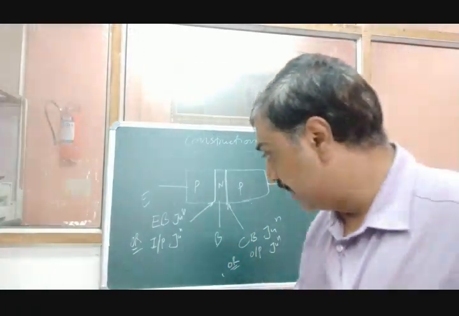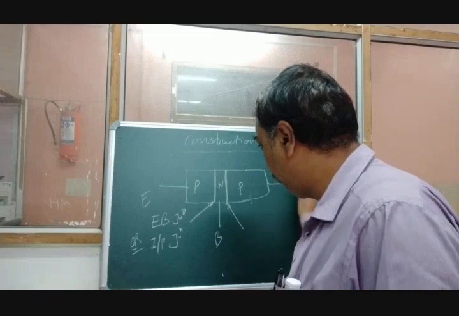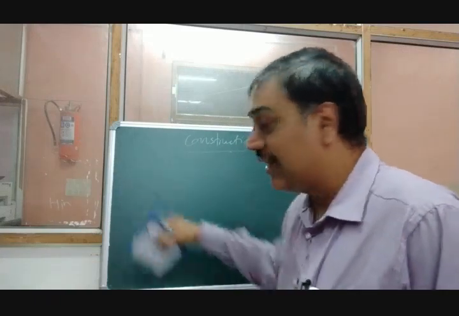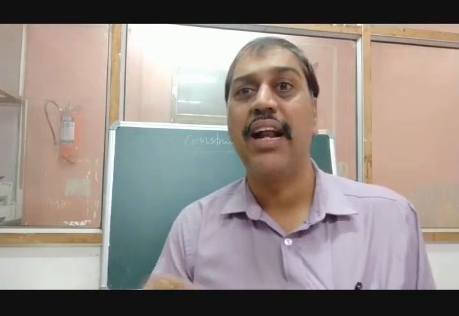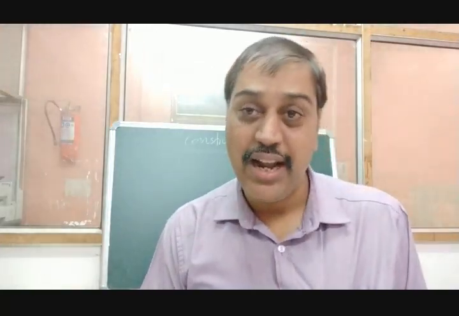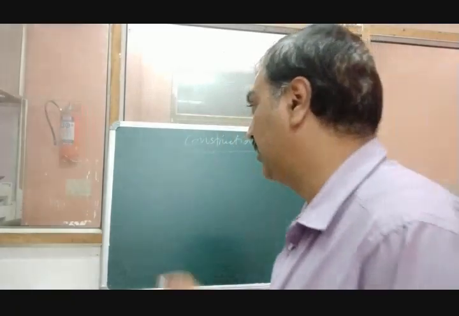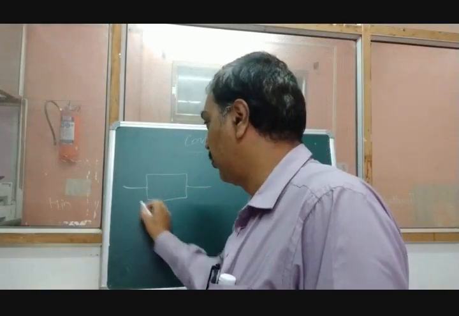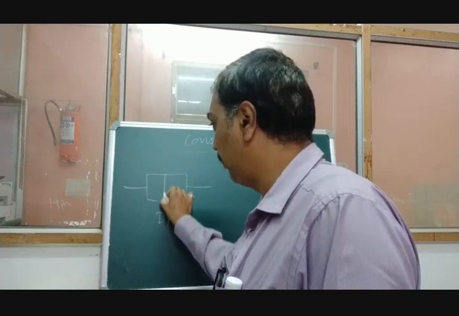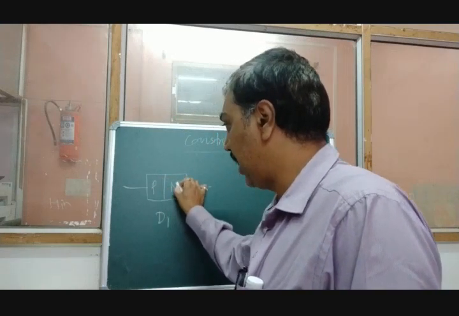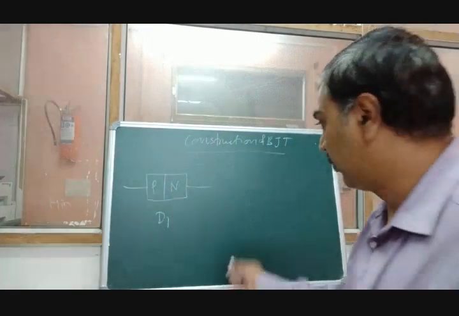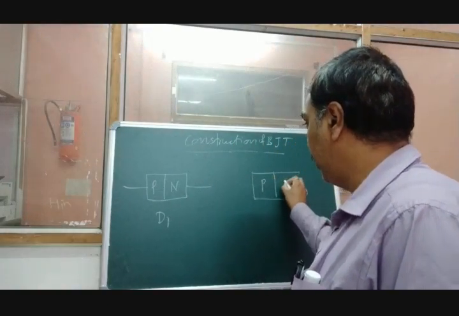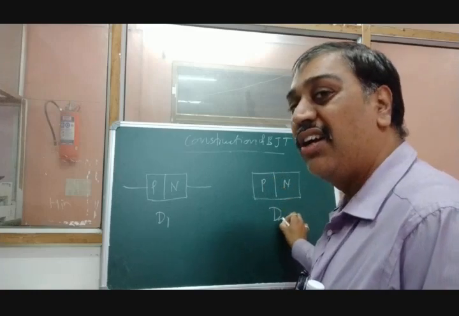Now this is about this. In your book they have mentioned one point: that when two diodes are connected back to back, they will form a transistor. How will it work? Let's draw the diagram. Suppose this is the first diode I have drawn here, D1. It has two terminals. This is the P region, this is the N region. Another diode is here, the second diode, again a P region and an N region. It is diode D2.